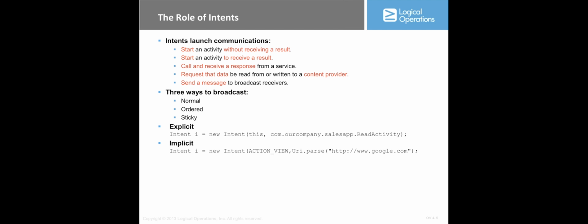An explicit intent directly specifies the class to which the request will be sent. So once again, we see the importance of defining the class and making the class static or real, because once I send out that broadcast, whether it be normal or ordered, and use explicit intent, it will only go to a predefined, authorized class